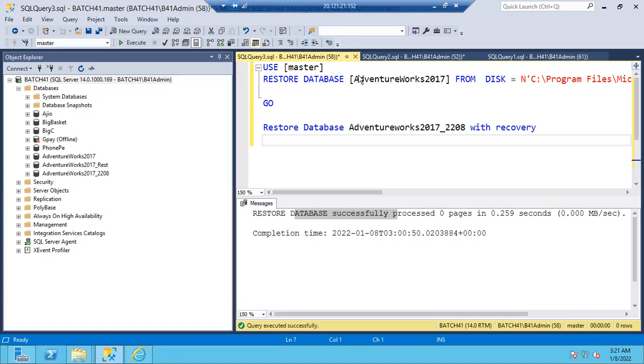If the restoration fails due to some network issue, or the SQL service is stopped, or improper maintenance, any issue, what happens? See, even if you have 100 files, once you start and something happens, it won't continue from the next point. The whole restoration will fail. You have to start again from the beginning. Even if 99 backups are restored and only one backup is left to complete, the same issue: the restoration will fail and you have to restore the database from the beginning.